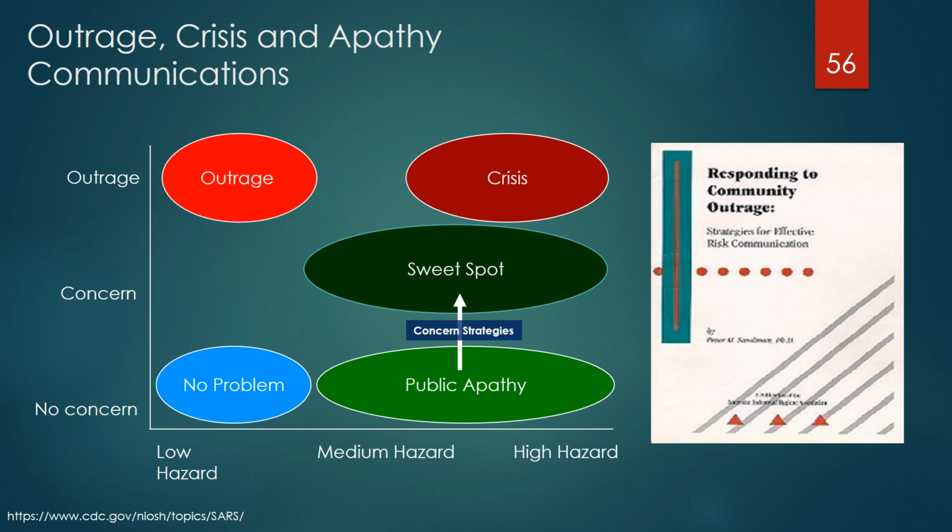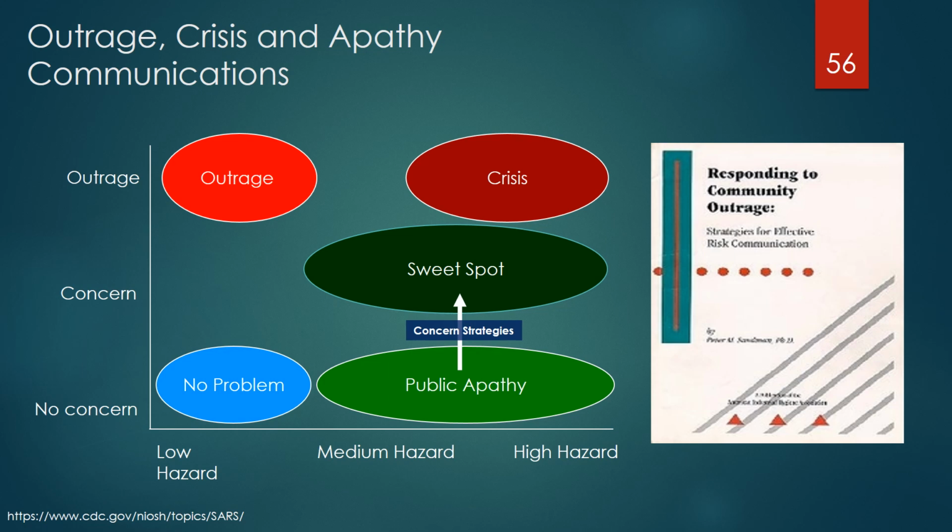Statistics are generally not the answer in these irrational emotional situations. Outrage requires a different approach, a more human, feeling, understanding approach to the public, saying things like, "I understand your concern and we will get through this situation together. I'm with you." That's often difficult for public health scientists who are primarily people of statistics and data.